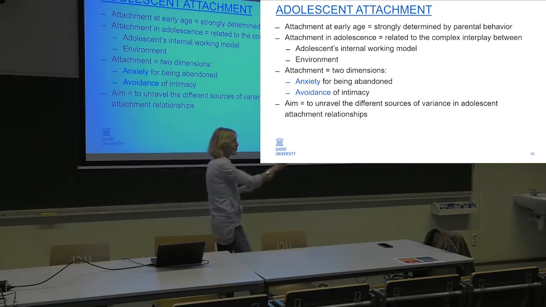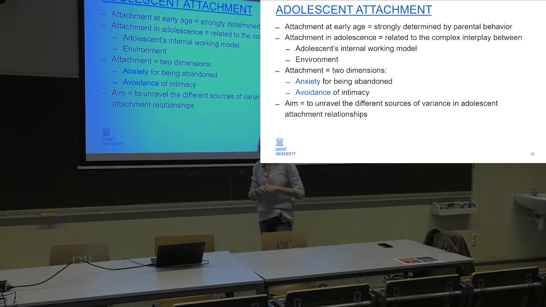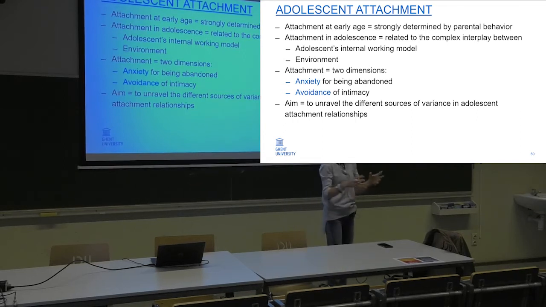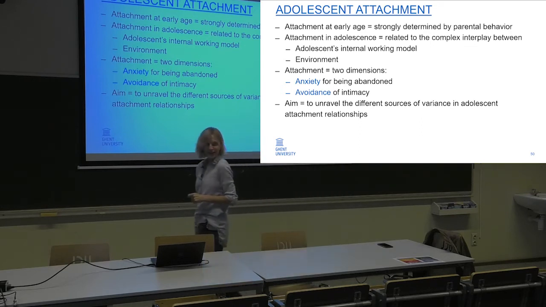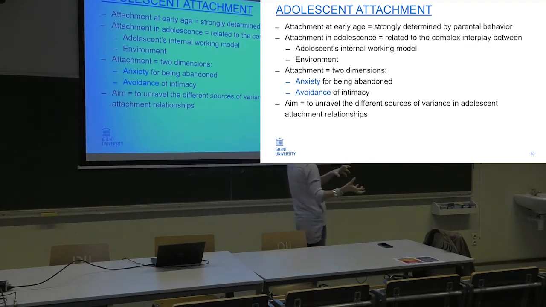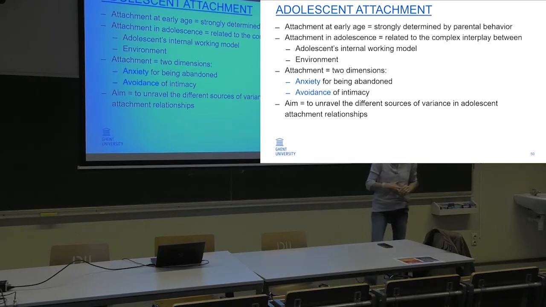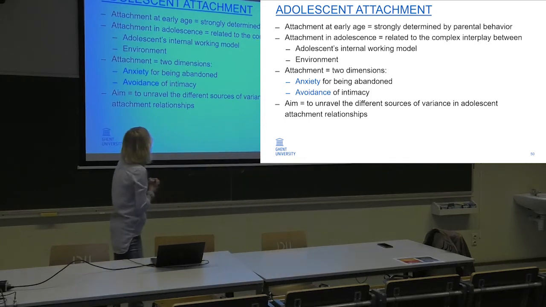It's also when Jan and I had this course together on systemic therapy, we often asked the students this question on their exam. We talked about reciprocity and bidirectional relationships, and then you have attachment theory, saying that the way a parent behaves towards a child will have an influence on the child's mental working model, yeah? So it's really unidirectional. So we asked, how do you reconcile attachment theory with systemic theory? We loved the question, but I don't know whether the students loved it so much.